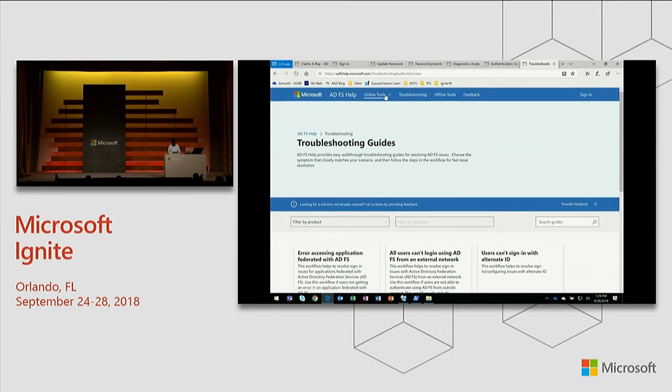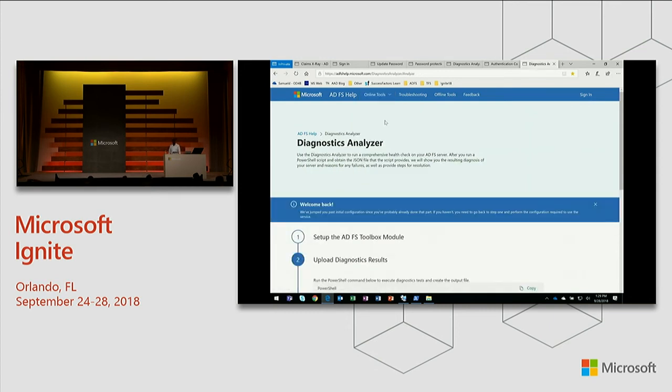But today, I really wanted to focus on something that is new and appropriately marked, which is the diagnostic analyzer. Now, our recommendation, especially for our premium customers, is that Connect Health for ADFS gives you that ability to do active monitoring. There's a bunch of things that we test, and at the heart of that testing is a script that goes through a bunch of variations of tests.